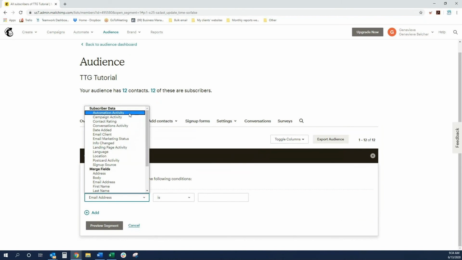And just to go a little bit over your other options. So automation activity, I was talking about how you can send somebody from a form submission to your website, and they go into a tag, and then maybe you have a series of 3 emails that are triggered from that tag, and then triggered from other actions following that first tag. You can create a segment based on what activity is going on with that automation. We already did campaign as an example. Contact rating, that's something that Mailchimp assigns to your contacts. Like I said, date added earlier. The email client,